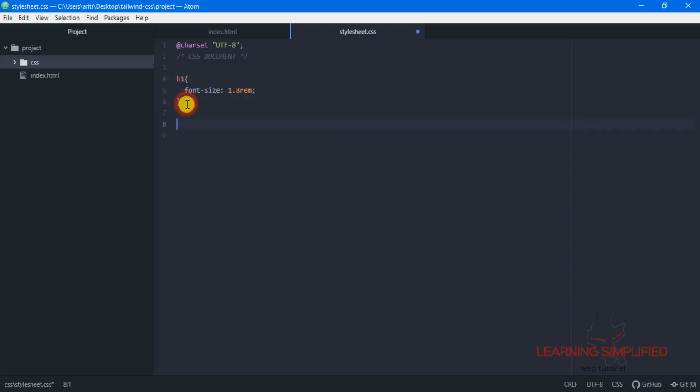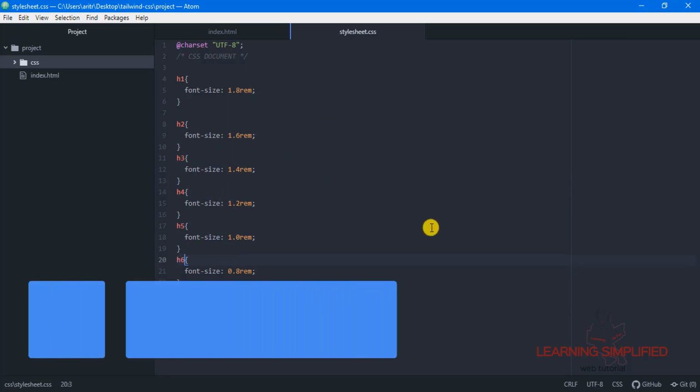There are 6 header elements. We know about it. So we need to copy them and paste them 5 more times. We need to make all those alterations that we need right over here. Change it. So we made all those alterations right over here.